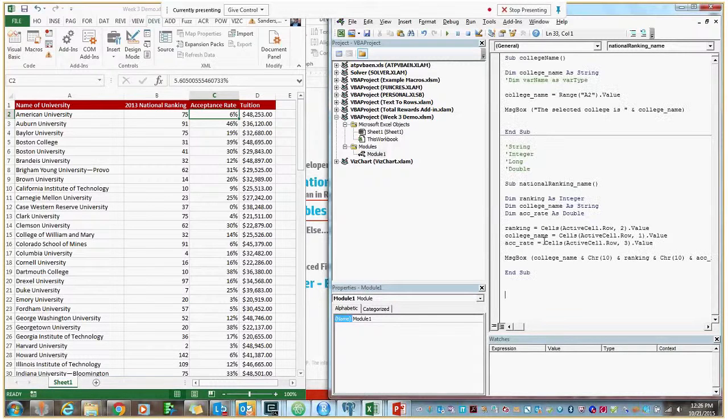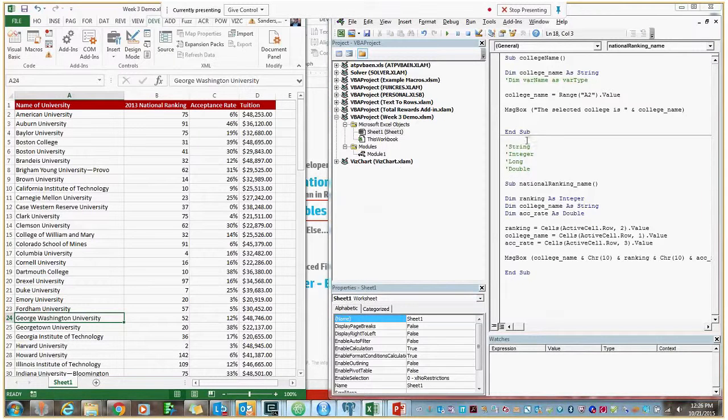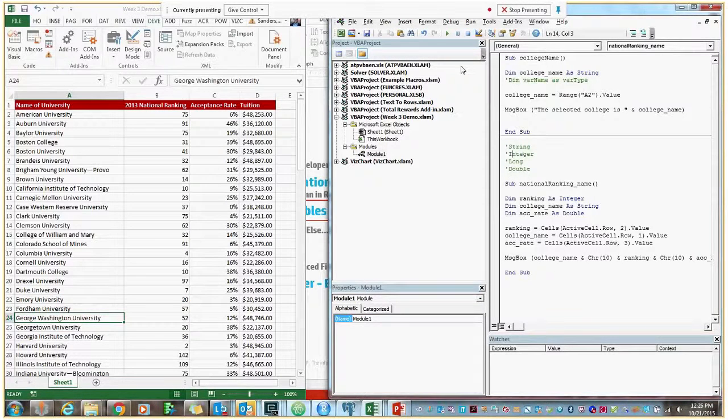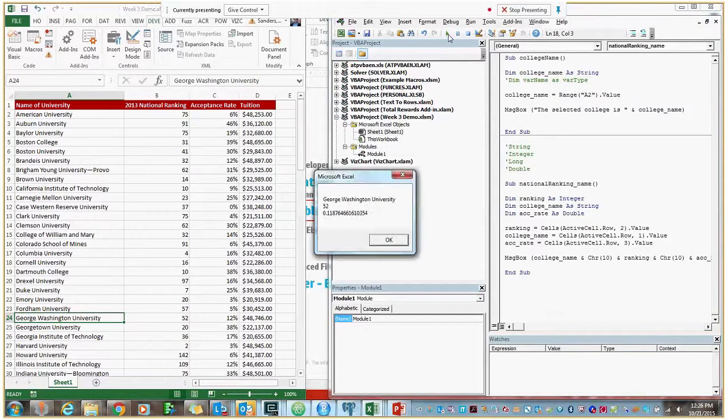And let's give that a run. Oh, I guess I wasn't in the macro. So there we go. George Washington. Ah, well, it's kind of funky. We won't deal with it now because we're pretty short on time. It is showing it as a double, but it's showing it with